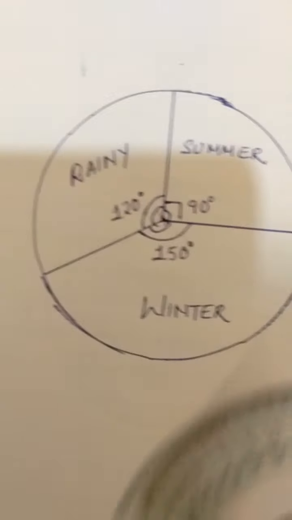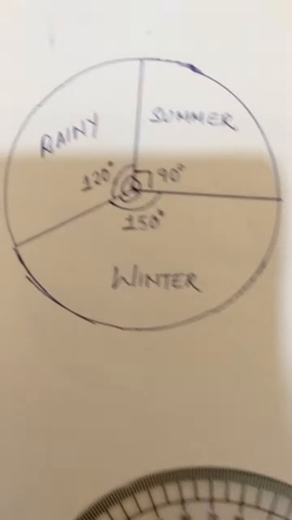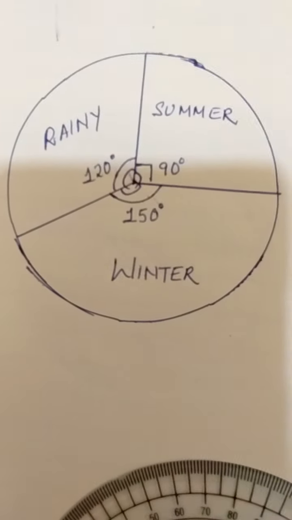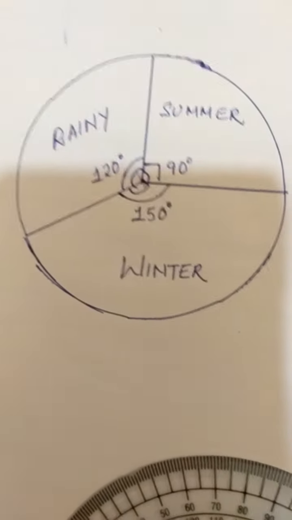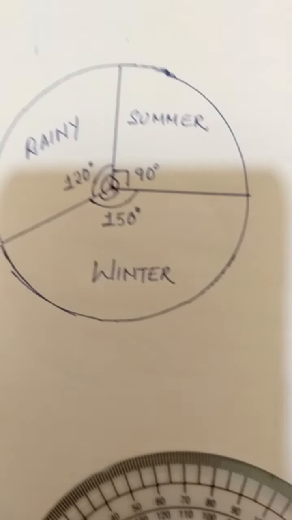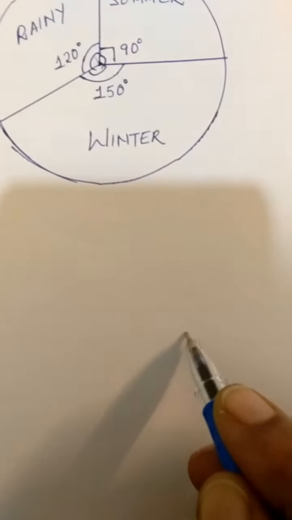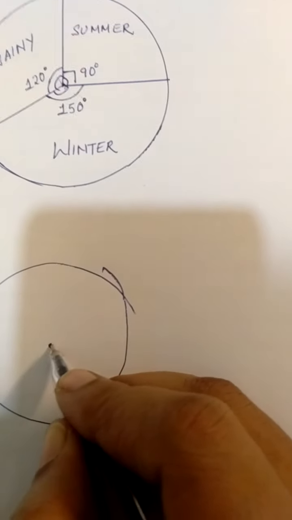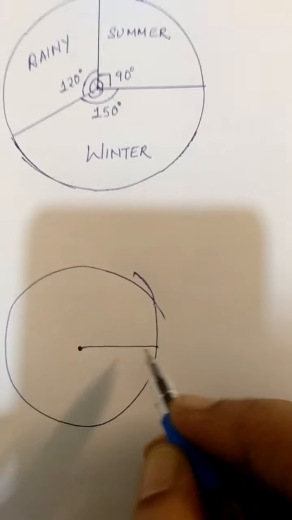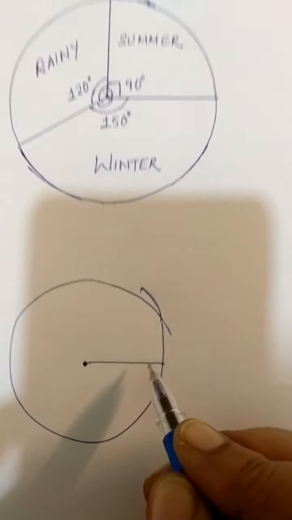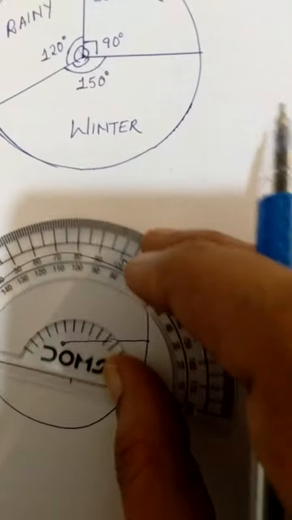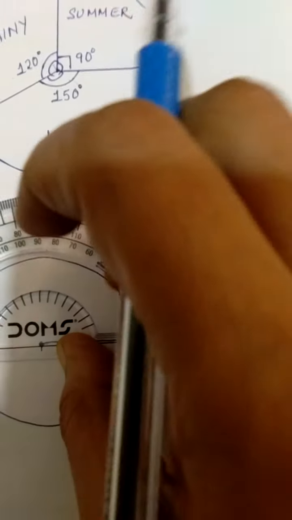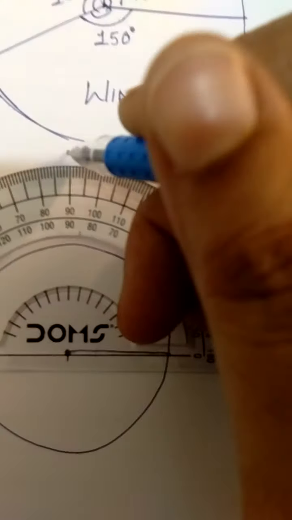Now children, here I have already drawn a pie chart for this question. According to the table which we have made, you can see, children, that the summer season is for what? For 90 degree. Therefore, first thing we do is we draw a circle. I am just drawing it roughly and showing you. You first draw a circle like this. Then you take a center using your compass and all. You draw a radius first. Now children, after that, taking this as the radius, you keep your protractor on the radius and you measure 90 degree. So 90 degree, you can see it here.